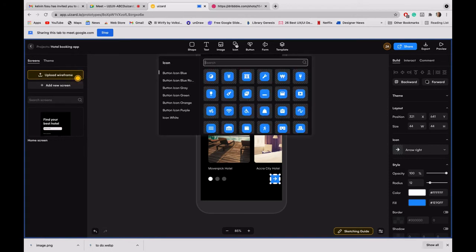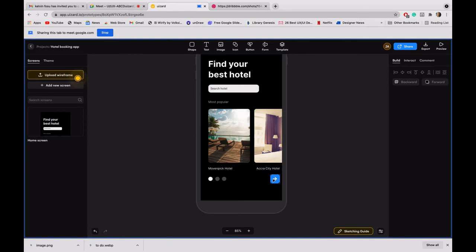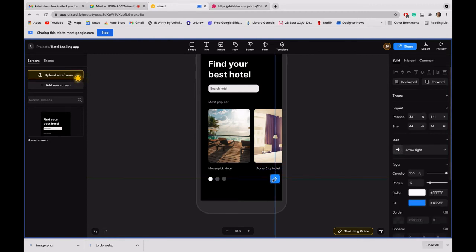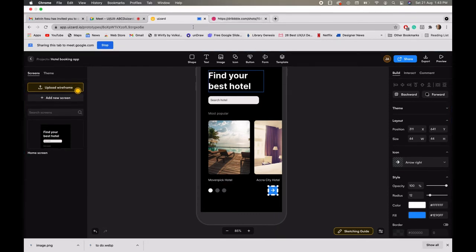Okay, it's cool now. So I tapped on the icon to search for next, to show the icon I needed to use, and I selected the icon with the arrow pointing to my right. So it landed on my design screen. Now I just have to position it the way I want it. So I think this is okay for me now. If you look here at the image,